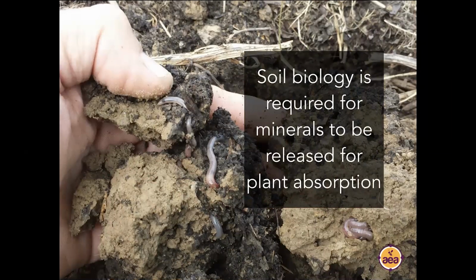The second piece that I believe is not well understood is that soil biology, particularly strong bacterial populations, is required for the mineralization process to extract minerals from the soil mineral matrix and make them available to plants. So think of it this way. When you have a really healthy plant that is photosynthesizing well, it is producing a surplus of sugars and carbohydrates, more than it needs to successfully reproduce. And it transmits the surplus of sugars that it is producing out through the root system as root exudates into